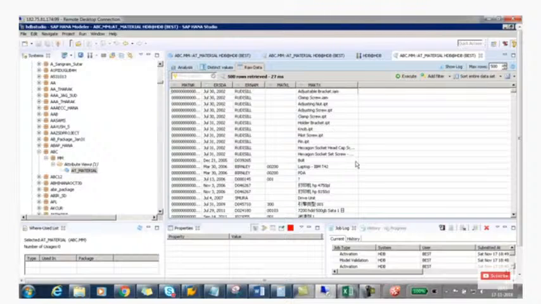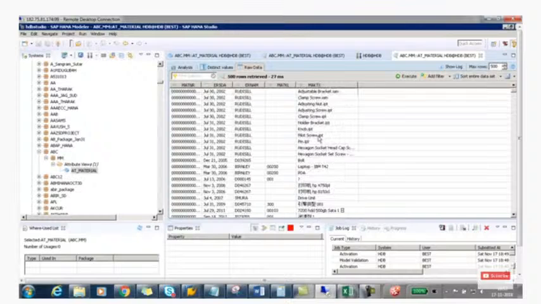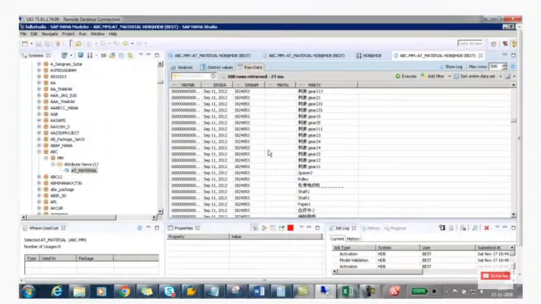We can see the Chinese data now. Maybe they maintain the data in English also, Chinese also, I guess. That is the reason it is coming like this. Okay. Again, right click. This is called the design time